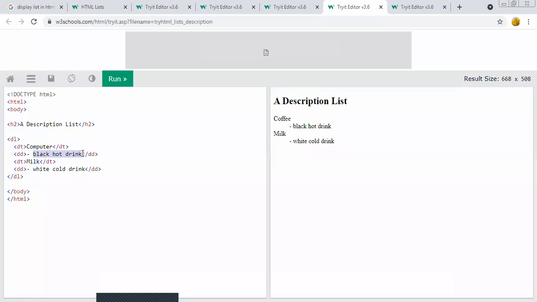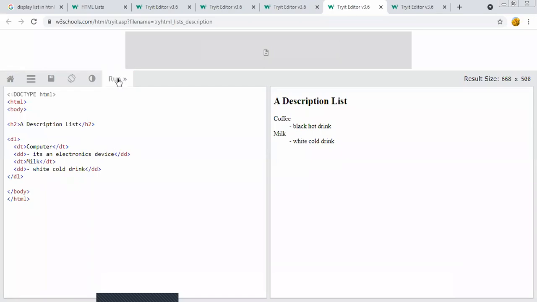For example, the term computer is enclosed with the DT tag. Then we define the actual definition of computer, for example, it is an electronic device. So here is the definition.